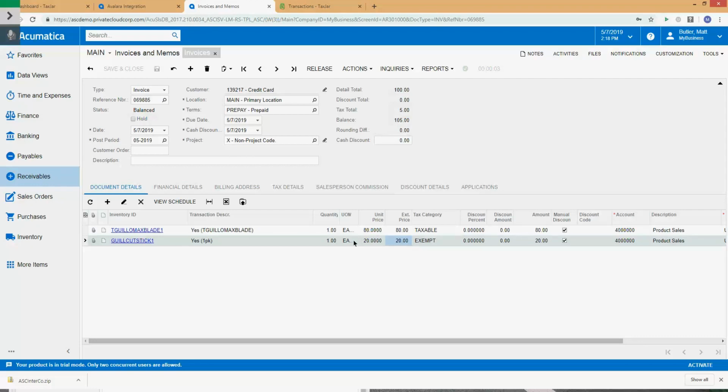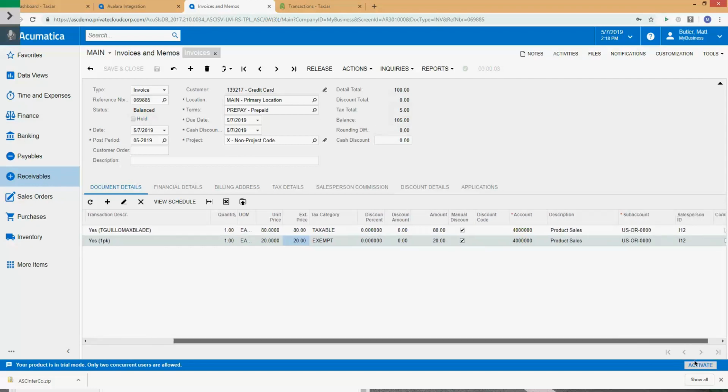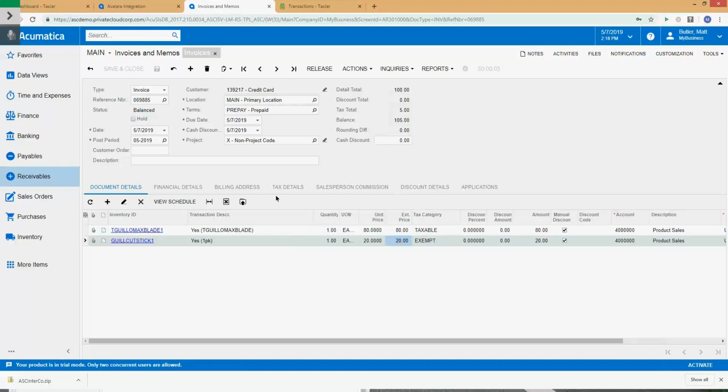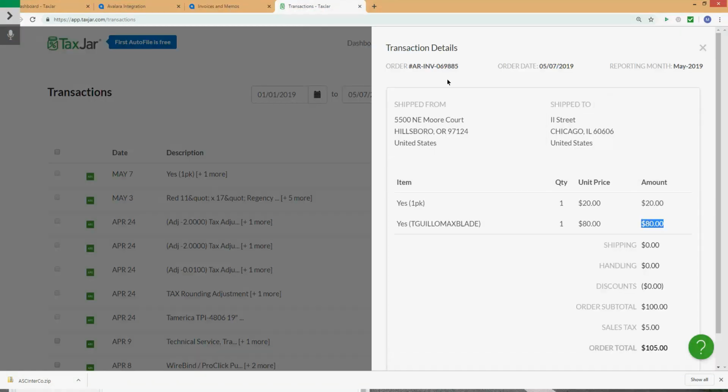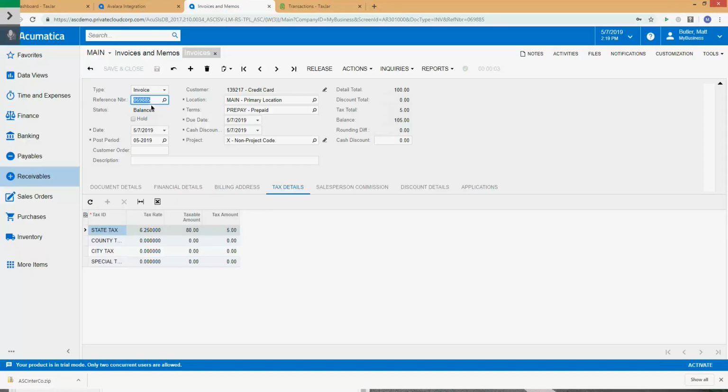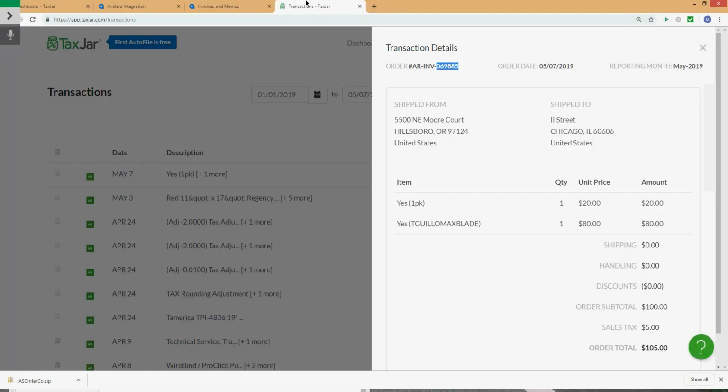And my $20 pack, okay? And we had sales tax of $5, and here it is in the system, 069885. See here? Over here, 069885. Okay. The same works for like a credit. I could